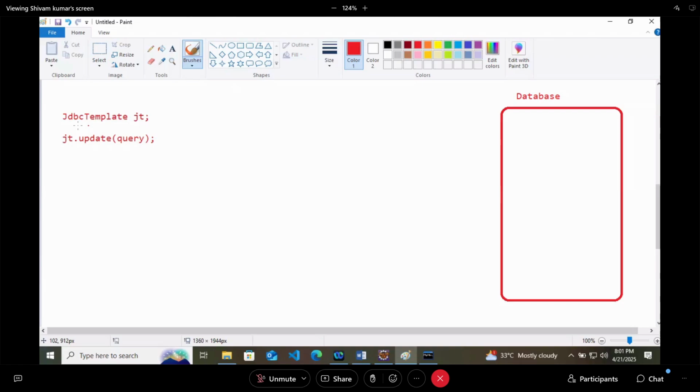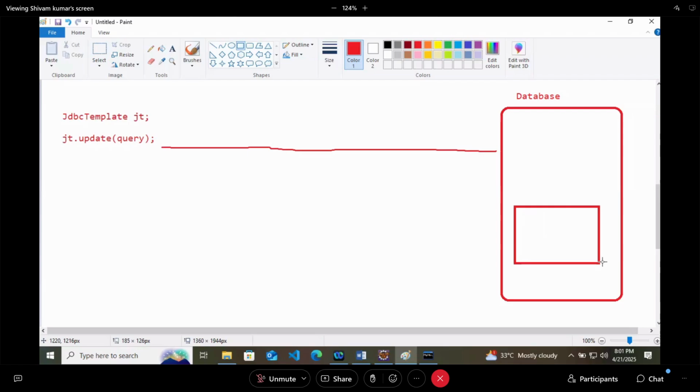Now this JDBC template will try to communicate with the database. And let's say in this database, you have that table of employees only with 3 fields: ID, name, and salary.